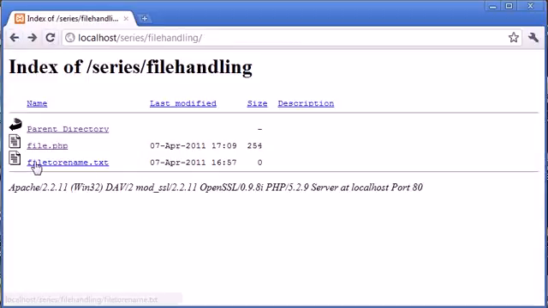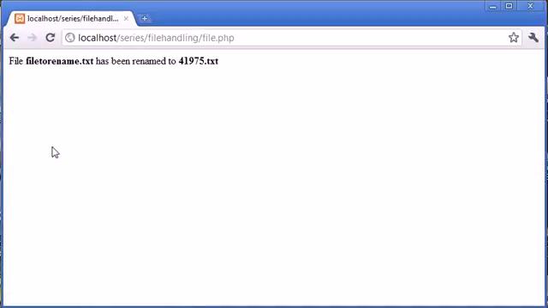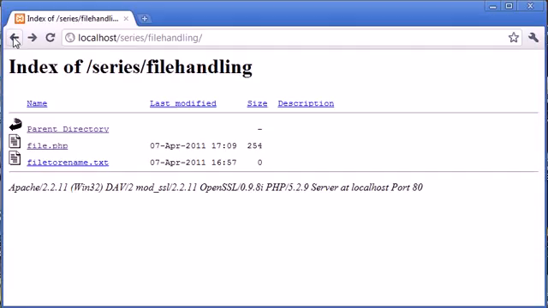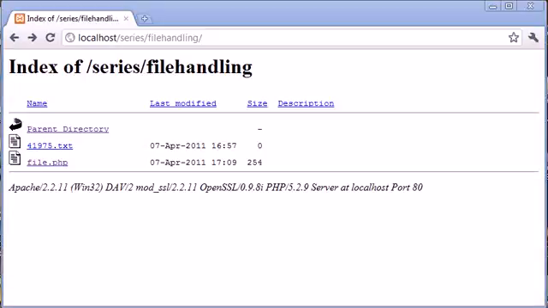So let's go back and refresh. You can see that we've still got file to rename.txt. Let's go into file.php. So now it says file to rename.txt has been renamed to 41975.txt. Okay, so we've successfully renamed it to a random number. Now let's go back again and let's refresh, and you can see that that in fact has changed to 41975.txt. So in this tutorial we've looked successfully at the unlink and the rename function, why they might be useful,